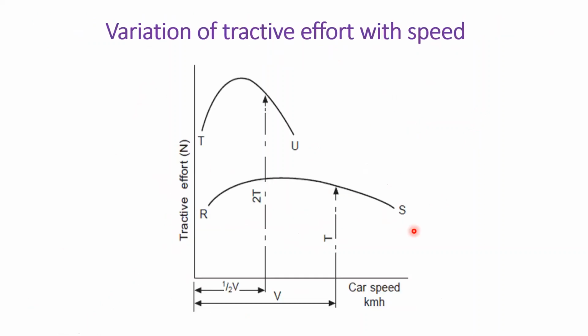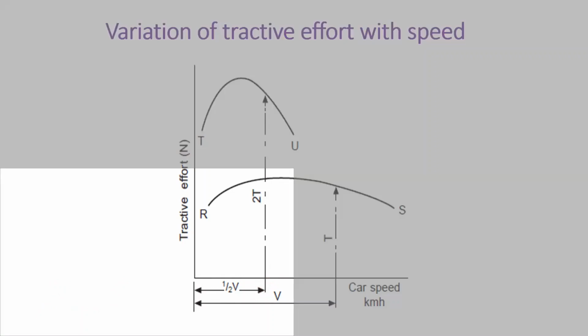And you have a very important graph where the x-axis is the vehicle speed and the y-axis is the tractive effort. You can see the behavior of the tractive effort, how it increases and then decreases with respect to the different velocities of the vehicle. At take-off of the vehicle, you get a curve which increases and then decreases, and the torque is 2 times higher when the velocity is off, which means